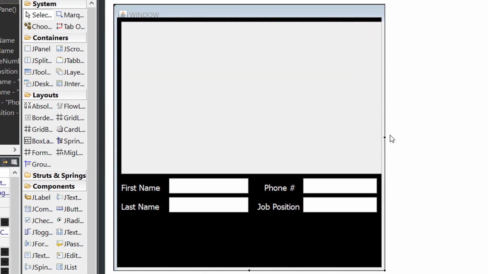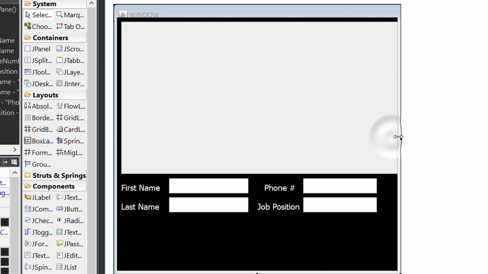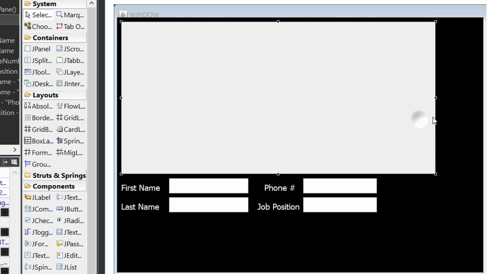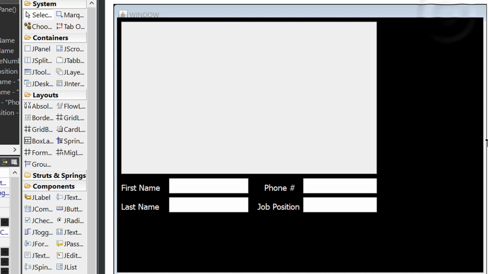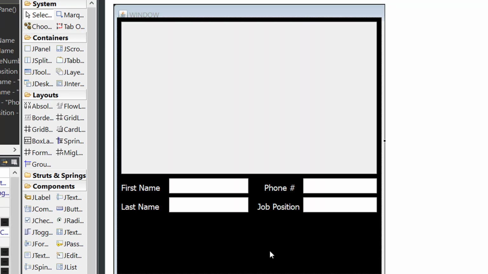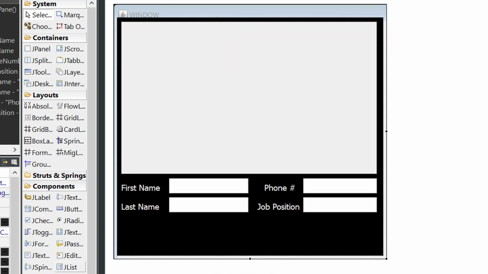We're gonna put the window a little bit smaller. There's a problem here. First, put smaller first the table, and then we can adjust the window. Adjust the window a little bit more, and